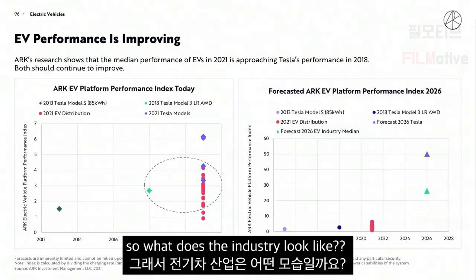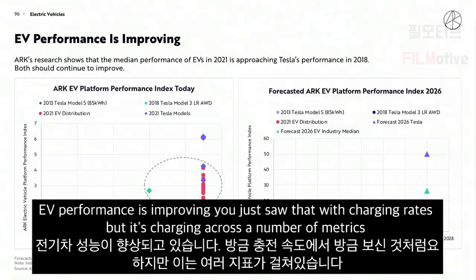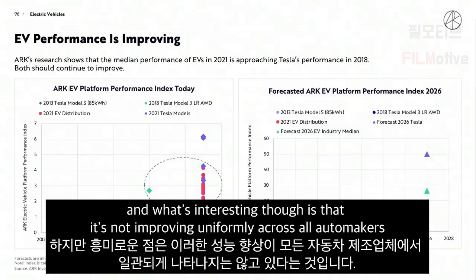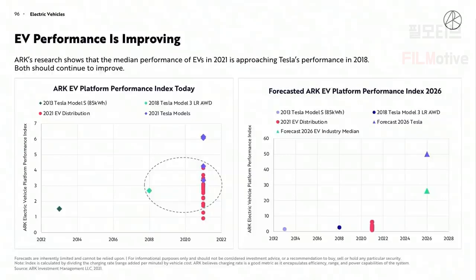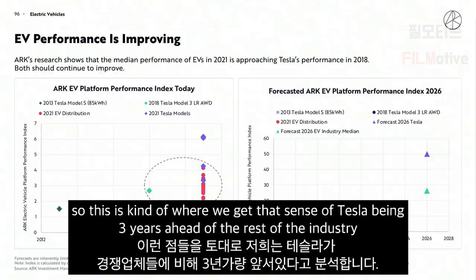So what does the industry look like? EV performance is improving. You just saw that with charging rates, but it's improving across a number of metrics. And what's interesting, though, is that it's not improving uniformly across all automakers. And we can see that the median performance of electric vehicles in 2021 is approaching Tesla's performance in 2018. So this is kind of where we get that sense of Tesla being 3 years ahead of the rest of